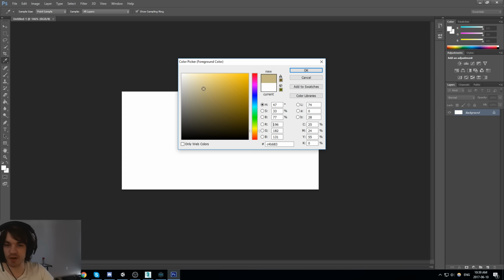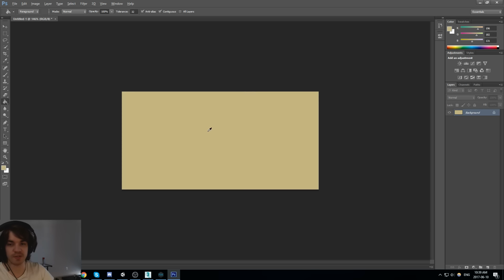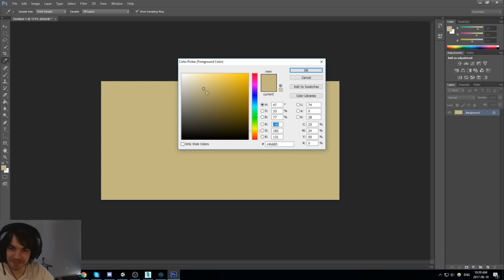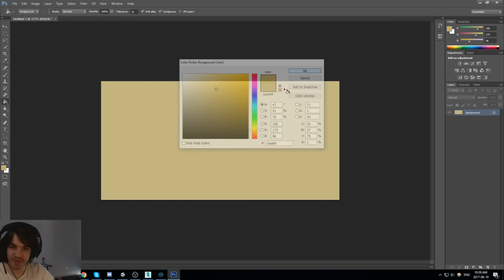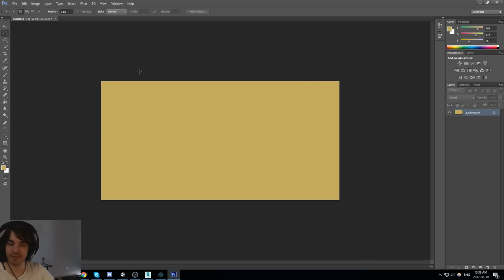So that could be our brown right here, even though it really doesn't look like brown. There you go, that's our brown. Okay, and we'll make two planks variation. We can do that.